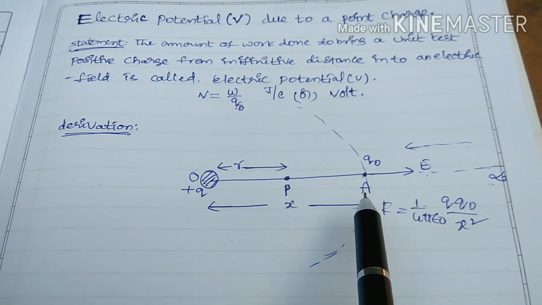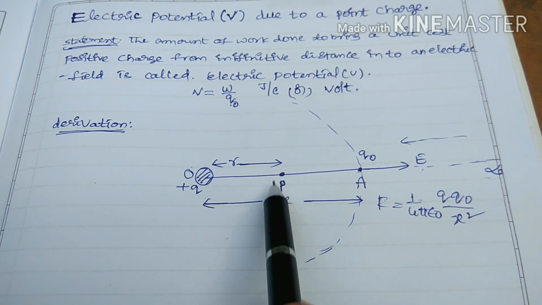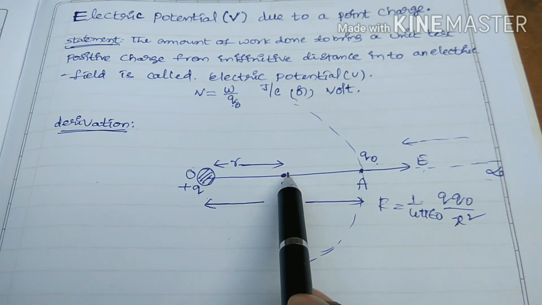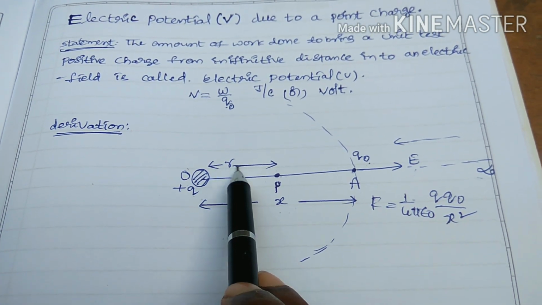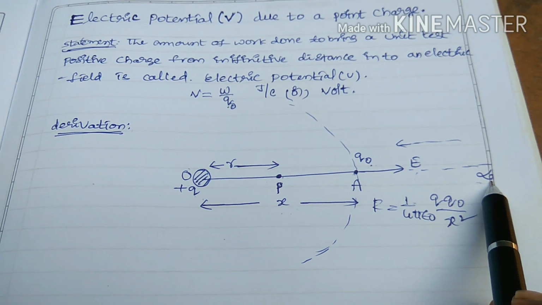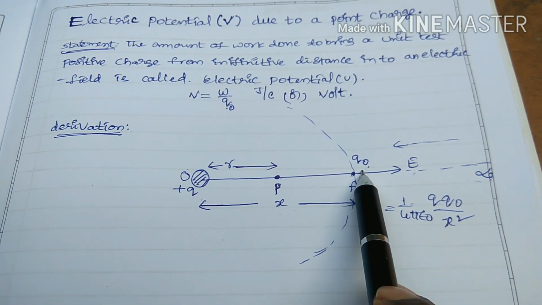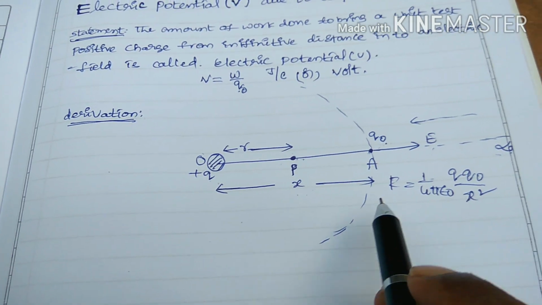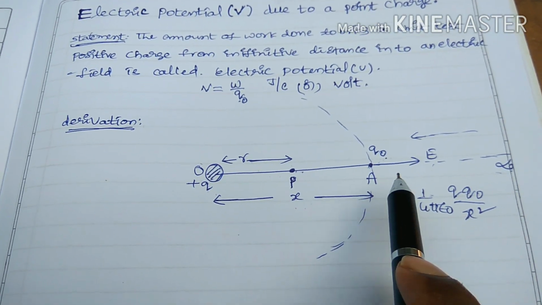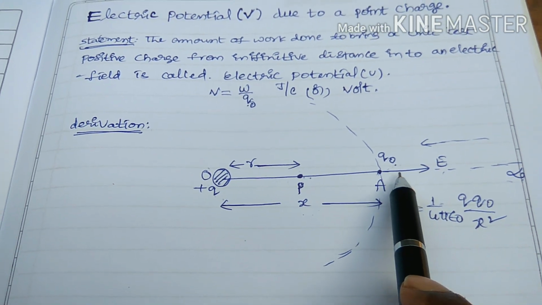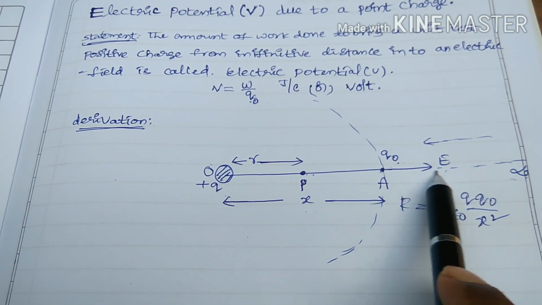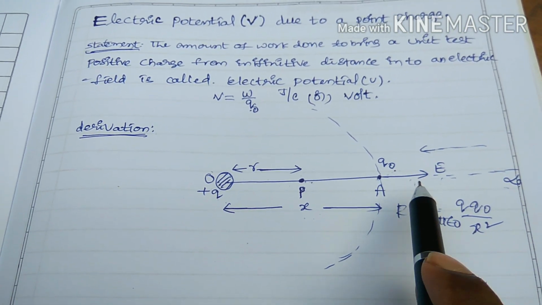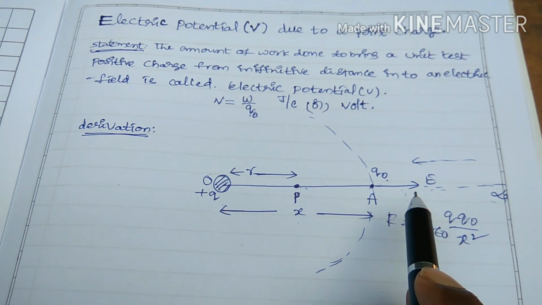Now our aim is the point which is located in an electric field, and the Q naught charge will be brought to that point, located at a small r distance. The Q naught charge will be brought from infinite distance to the point at small r distance. So that is our aim. Here we have to do work against the electric field, because the electric field acts in this direction and we have to come in this direction. These two are opposite directions, that's why we have to work against the electric field.